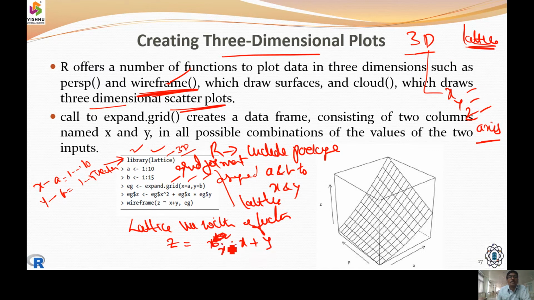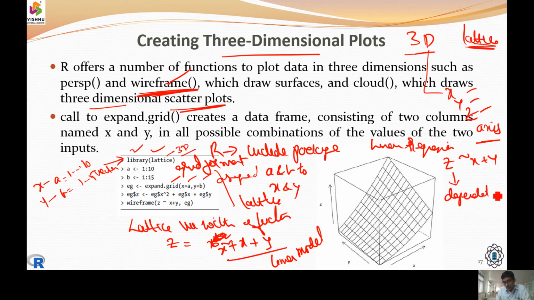So it is going to be a function of x square plus x plus y, and thereby it is applied with a linear model, a linear regression, between z and x plus y. Z is going to be a dependent variable, and x and y are called independent variables.